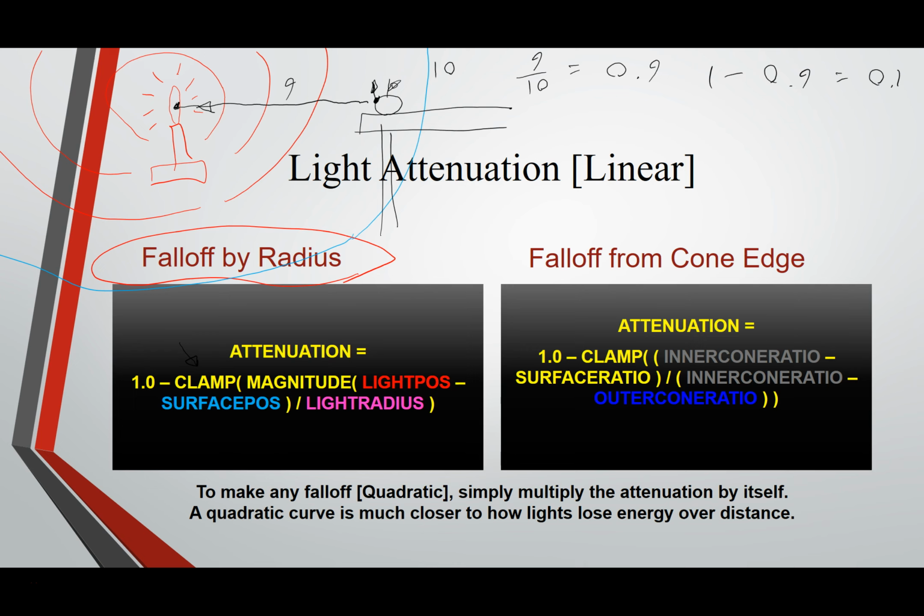Okay, so a pretty easy thing to add to a spotlight or a point light. You just have to make sure that all of your lights have a defined radius. Pretty straightforward. So you can use that for both spotlights and point lights. But this next type of attenuation is just for spotlights, this falloff from the cone edge. So what this is going to allow you, in the equations we showed you for the spotlight,